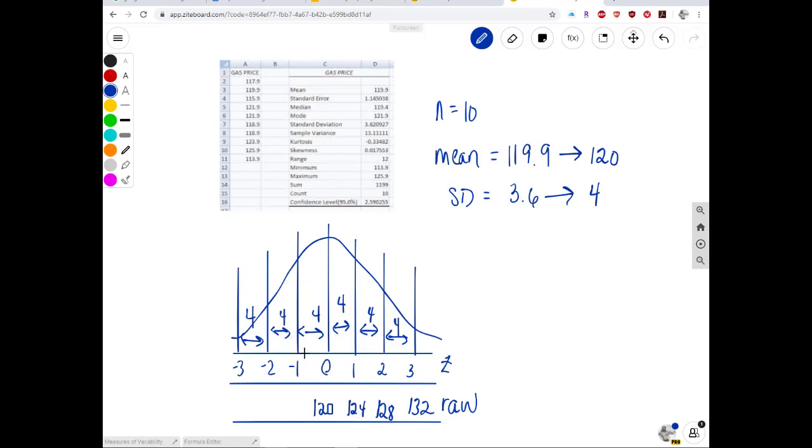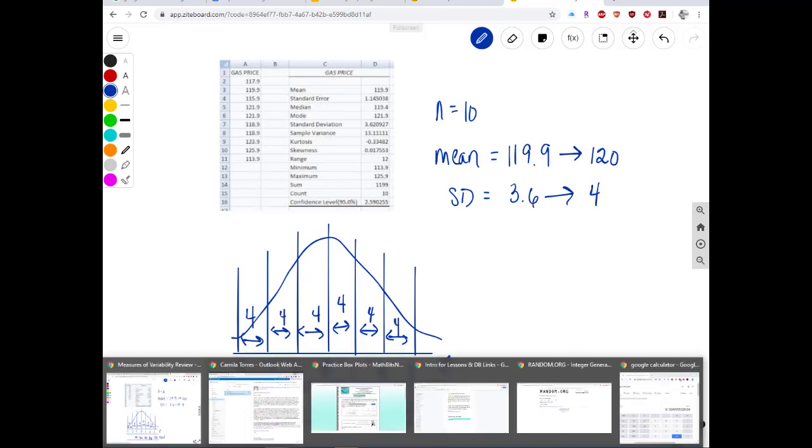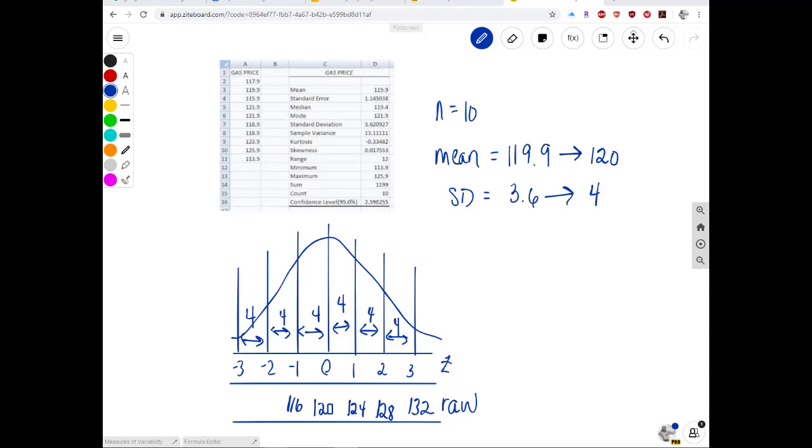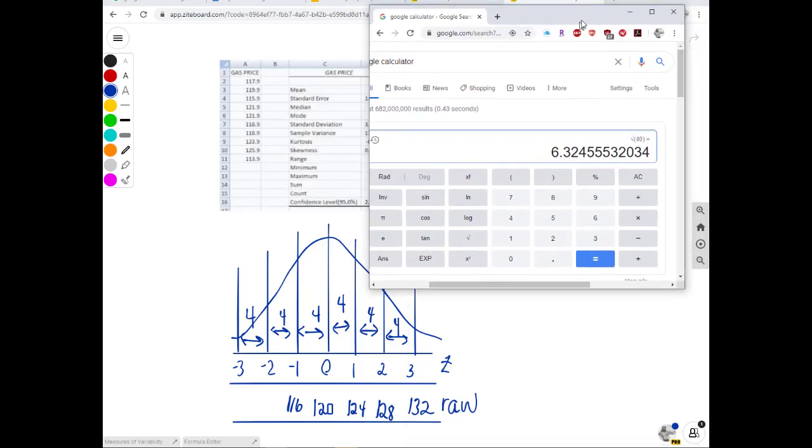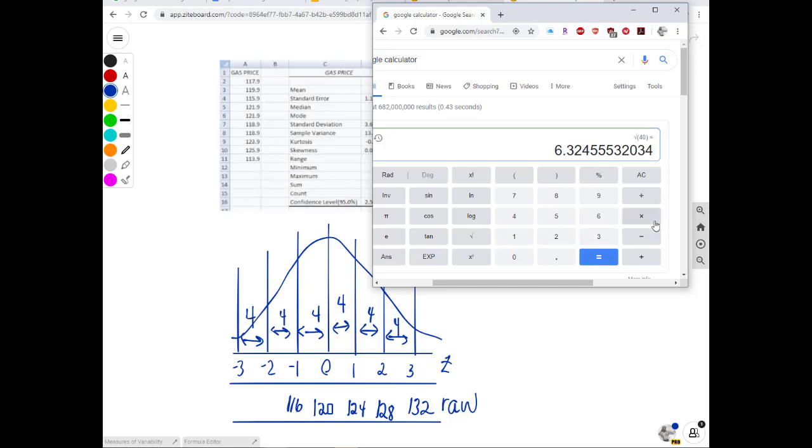On this side, I can say that if the mean is 120 and the standard deviation is 4, then the raw score equivalent for a z-score of -1 would be 116. I subtracted 4 from 120. If we wanted just to do it with the calculator, you could if you feel more comfortable. Next, if I wanted to find the raw score equivalent for a z-score of -2, I would just take